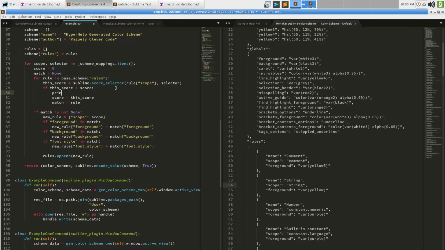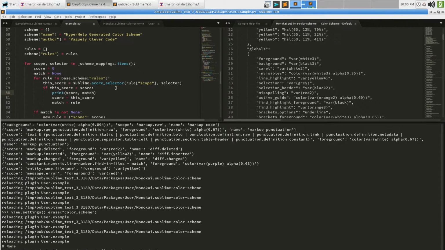And so let's say print score and match. And I run it. If match is not none, it does nothing. Oh, I need to move it down a little bit.